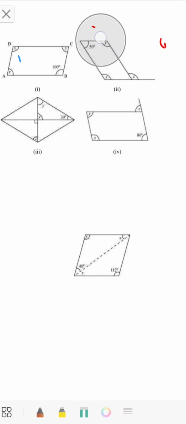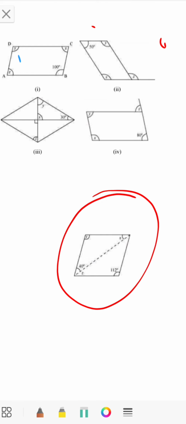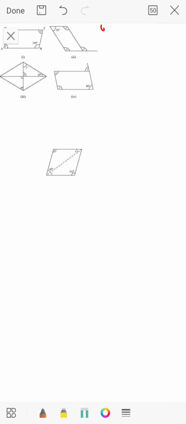Okay, so this is how you can solve. This too you can do by yourself. I am going with this one. You have to find the values of x, y and z. So how will we solve this question? As I told you, first you will try to apply the basic properties. If you are not getting the answer with those properties, then you will go with the angle sum property of that particular shape, or the vertically opposite angle, or linear pair, or else alternate angles.